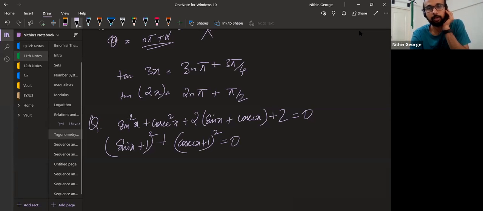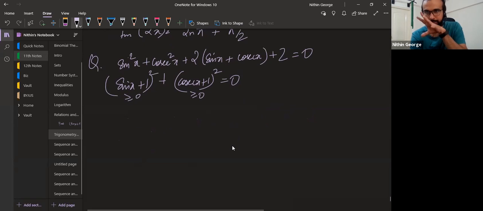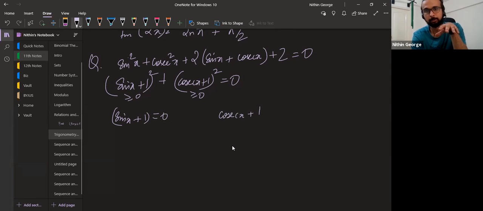Okay, so look, guys, I want you to notice. You're getting the sum of two square terms equal to 0. Notice here carefully that this first term is a perfect square, so it will be greater than or equal to 0. The second term is a perfect square, greater than or equal to 0. And the sum of both is equal to 0. That means only one thing: the sum of two non-negative quantities equals the minimum value it can take, 0. For that to happen, (sin x plus 1) the whole square should be equal to 0, and at the same time (cosec x plus 1) the whole square should also be equal to 0, which means sin x plus 1 itself is equal to 0 and cosec x plus 1 is equal to 0 at the same time. Are you following?